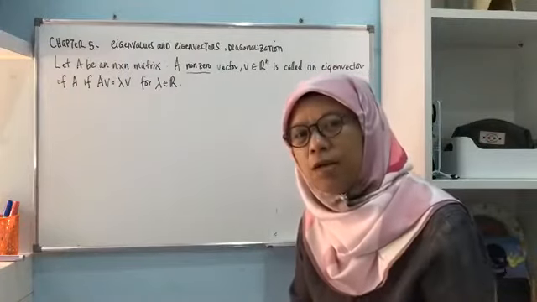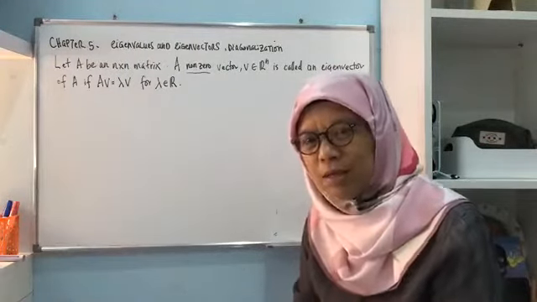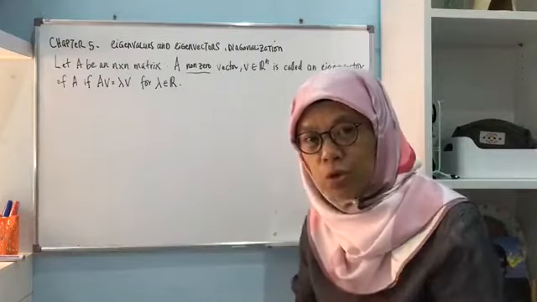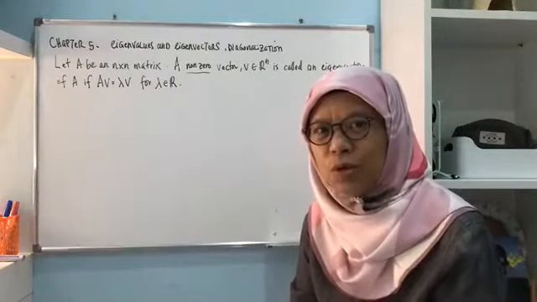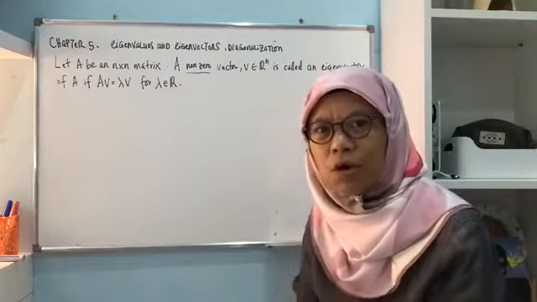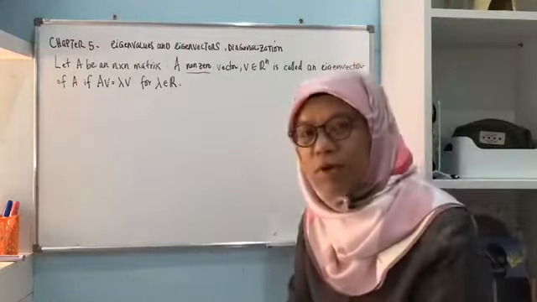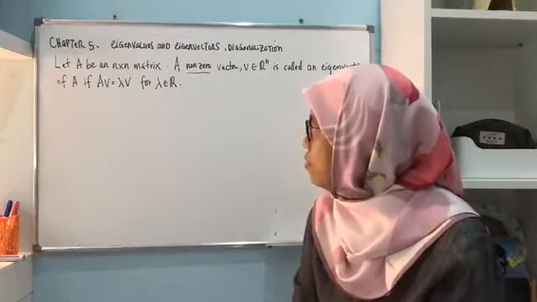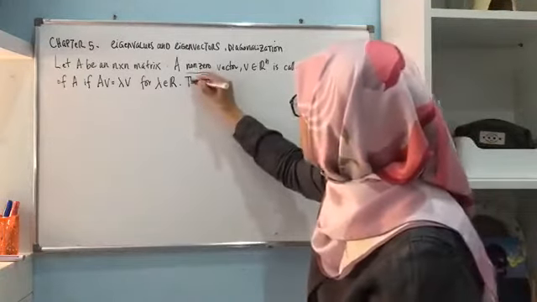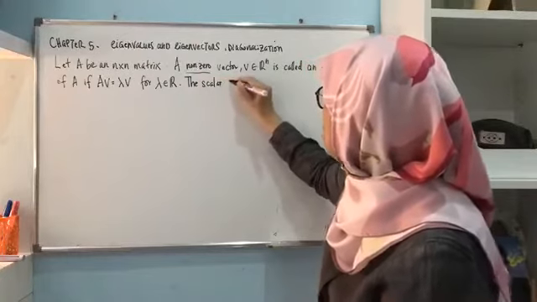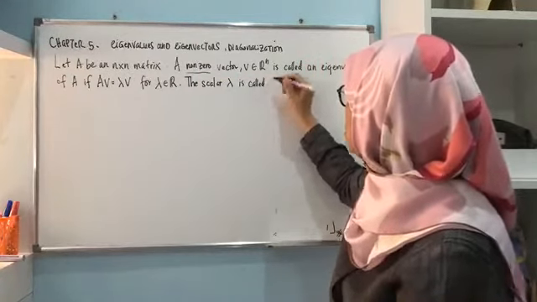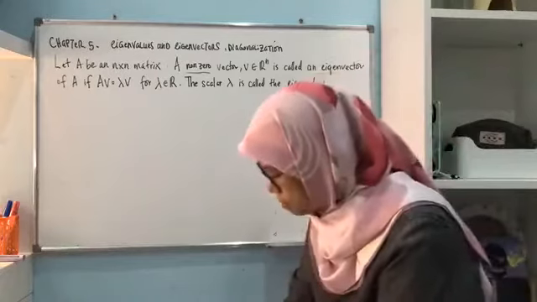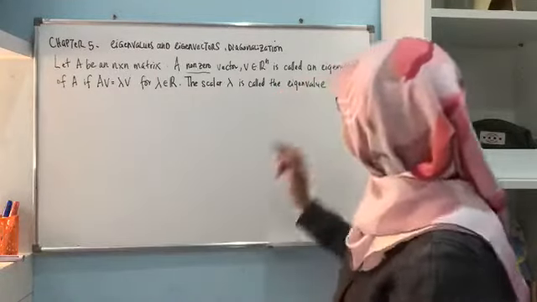Keep that in mind, that your vector cannot be a zero vector. If somehow after your calculation your vector V turned out to be the zero vector, definitely it's wrong, so you will know that you have done some wrong calculation. Keep in mind the vector V is never zero, it's non-zero. So AV is lambda V for lambda in R. The scalar, or the number lambda, is called the eigenvalue of A